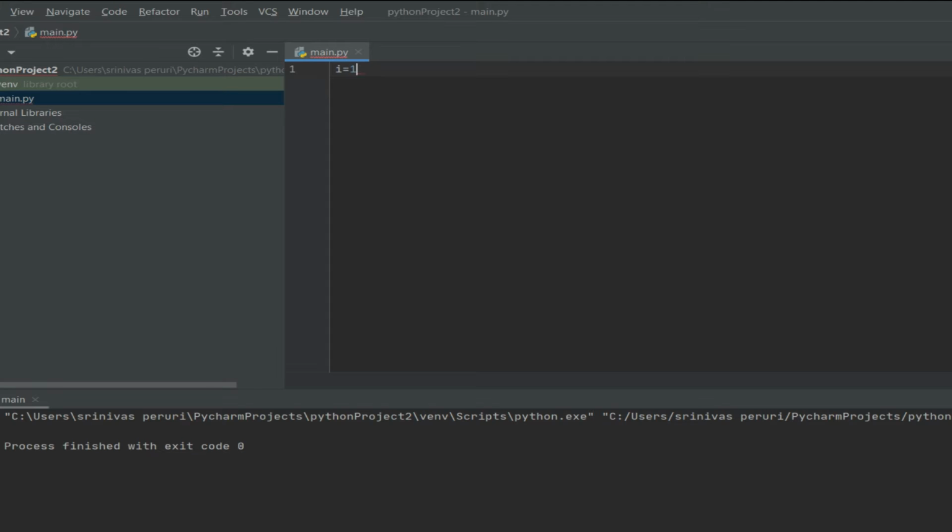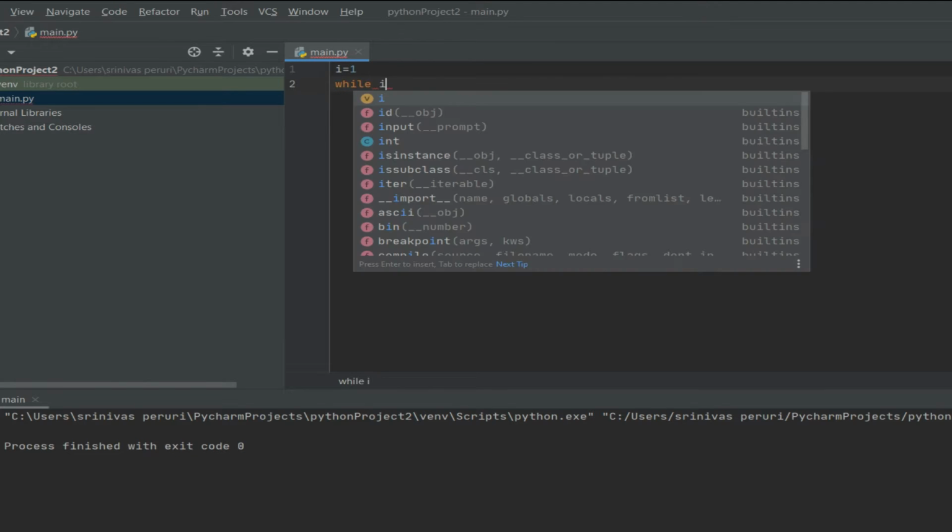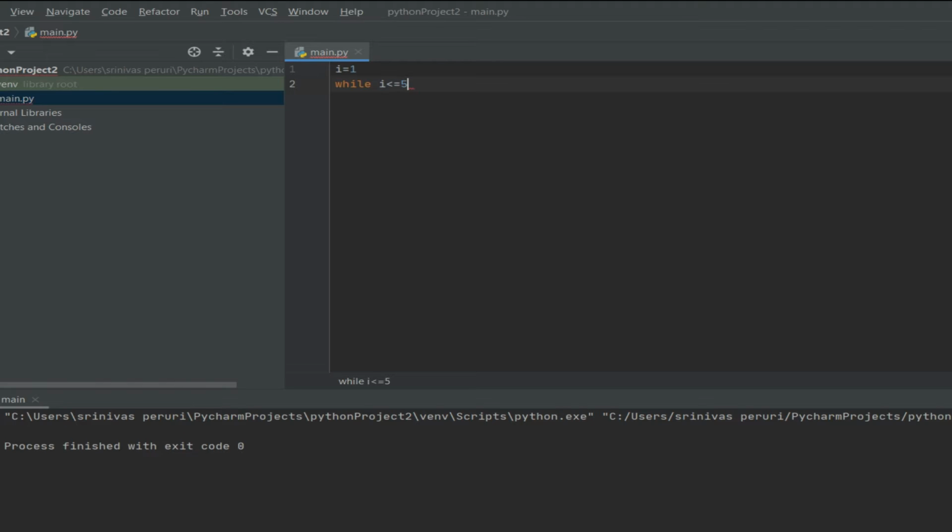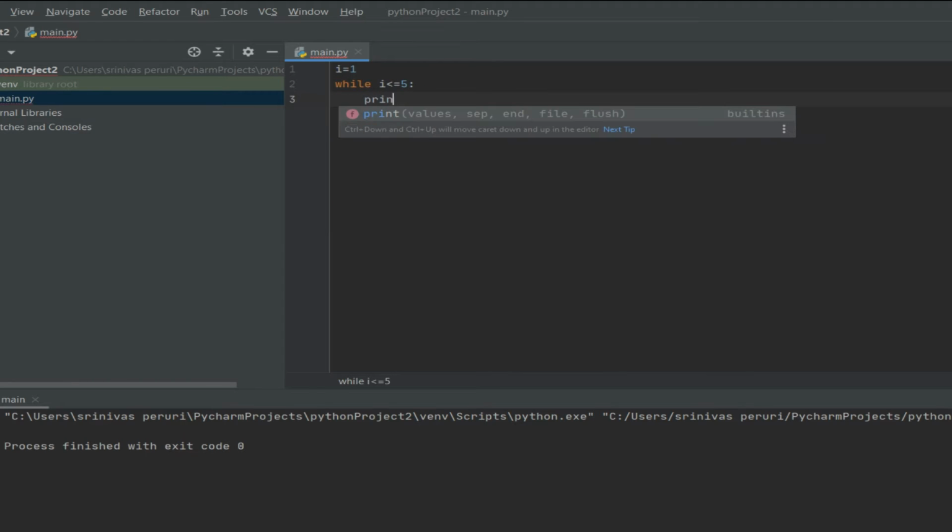So I have taken a while loop where I'm checking the condition, and I need to print something, whether the condition is true.